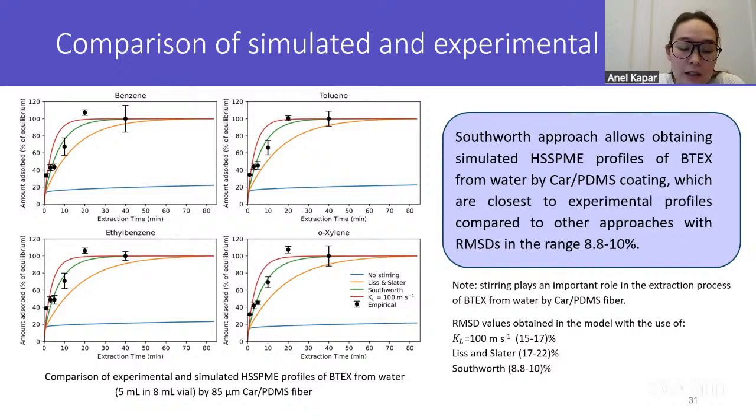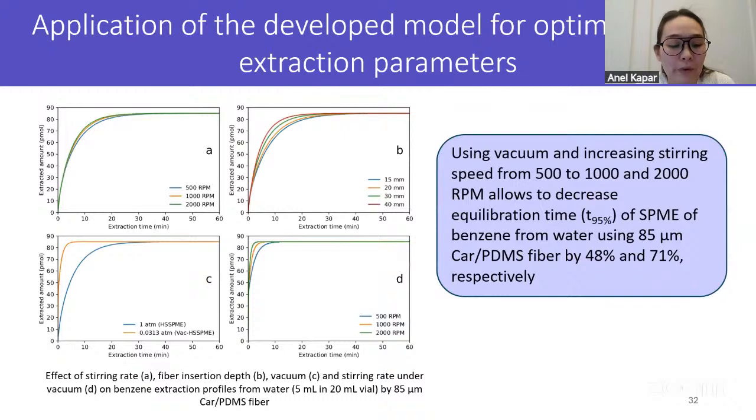And also, the results of the Southworth method to define the flux of analytes were the closest to experimentally obtained profiles, with root mean square deviation below 10% for all BTX at 25 degrees and using 1000 RPM. And the developed model was used to study the effect of stirring speed, fiber insertion depth, and pressure on the extraction of benzene. And according to the simulated extraction profiles, to increase the stirring speed from 500 to 1000 and 2000 RPM,